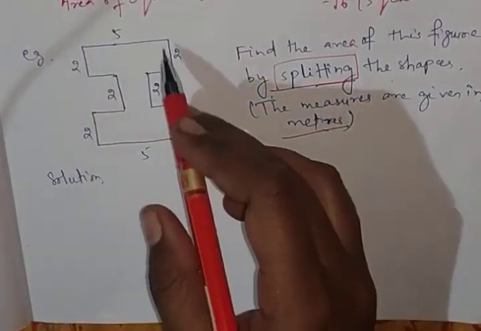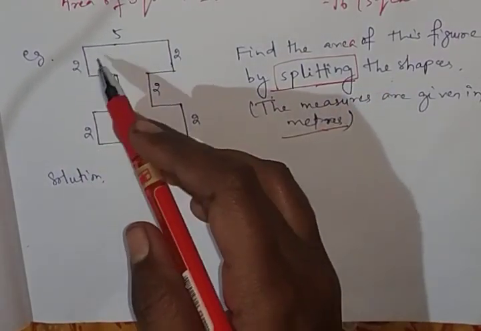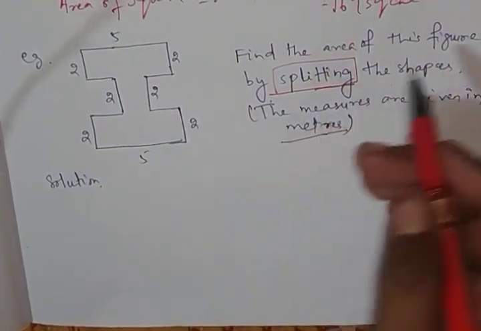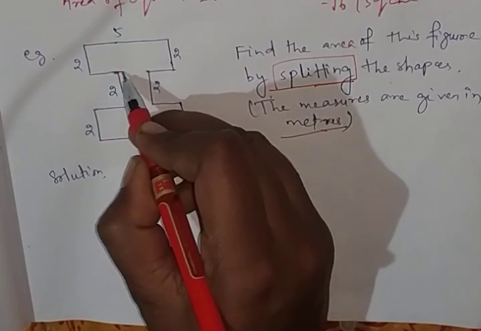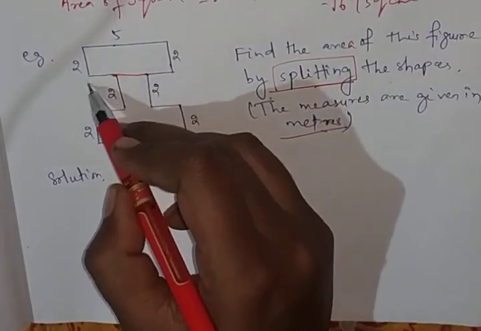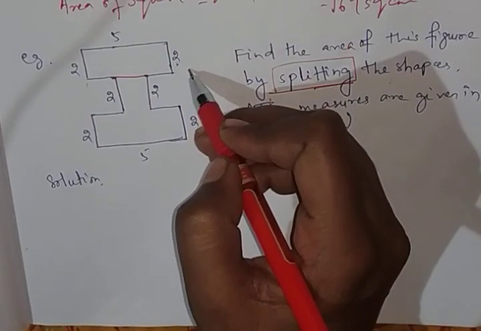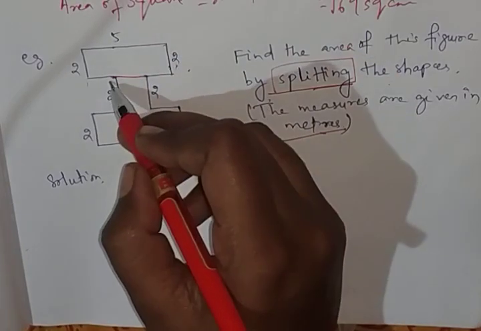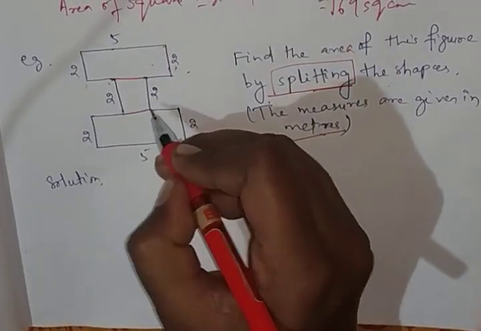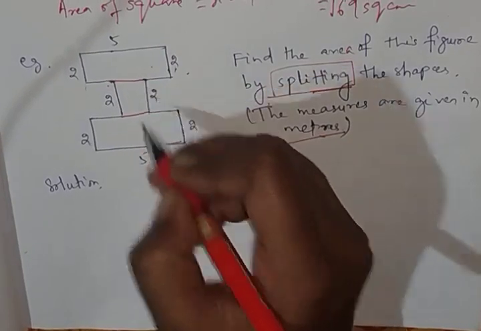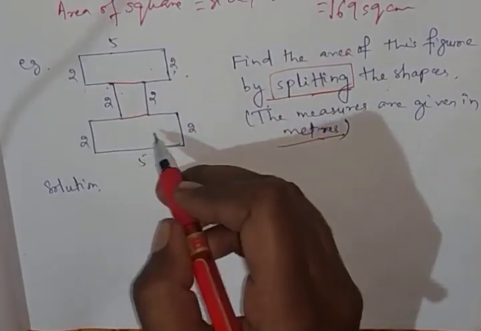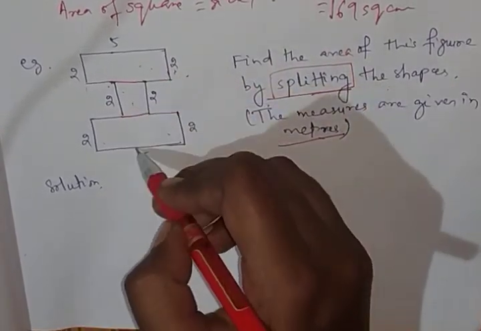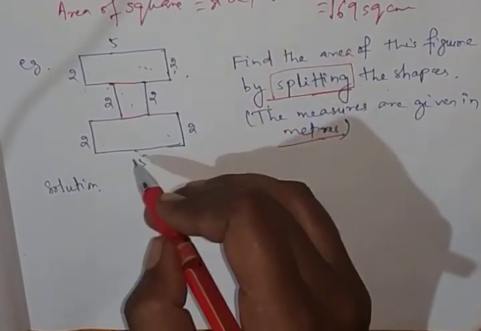So if you don't know how to find it, you could put it on graph paper, but it is telling splitting. So divide, split it. By making a line, this is a what? This is a rectangle. Then make another line. This is a square. And again this one, we'll see whether it is a square or what, and this is a shape. So we got 3 shapes, so now we can find the area.